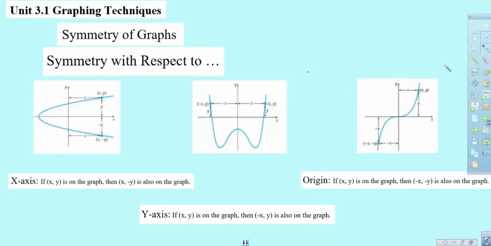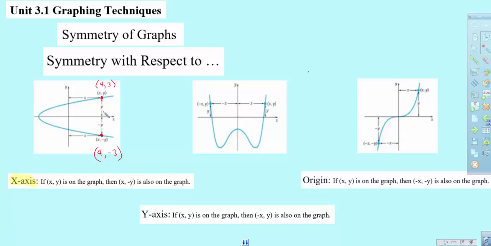Our first type of symmetry is going to be symmetry we call over the x-axis. The key thing to think about is that I'm going to put numbers on this. So if you want to draw some sketches, let's say that this ordered pair right here is over 4 and up 3. Then if you're symmetrical over the x-axis, that means that the correlating point, that related point, that reflected point, that point of symmetry would be at positive 4, negative 3,